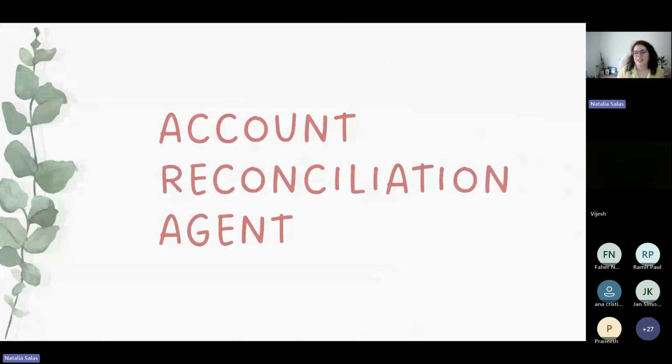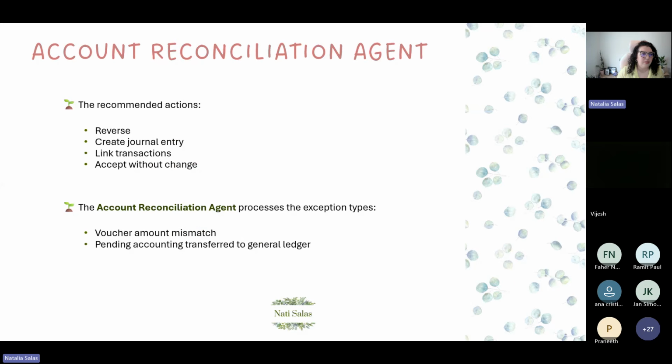So let's see the first one, the account reconciliation agent. We have these recommended actions whenever the agent finds a discrepancy. We can reverse the transaction, create a journal entry, link transactions between the accounting and the module, and we can accept a discrepancy without any change. For example, something that makes little sense, or something that we know is correct. That happens, so we can accept it and